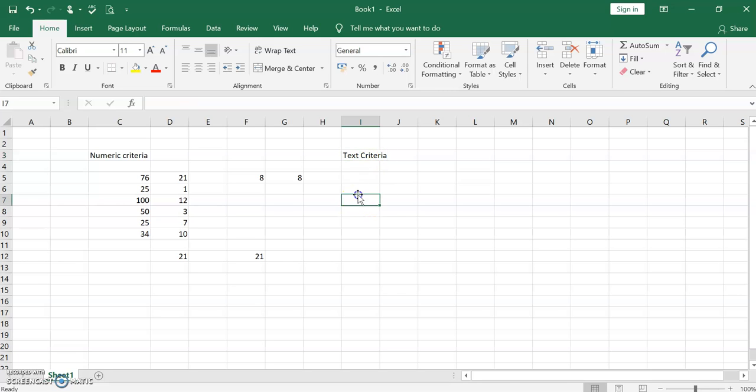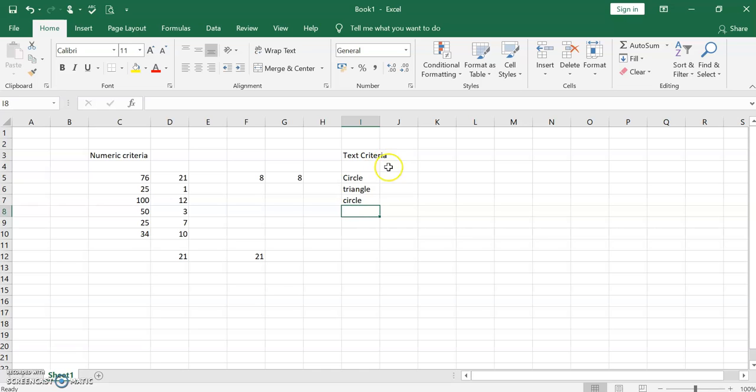Okay, so here in text criteria, for example, you give some values like circle, and another shape you can give, triangle. Another one you can give another circle.